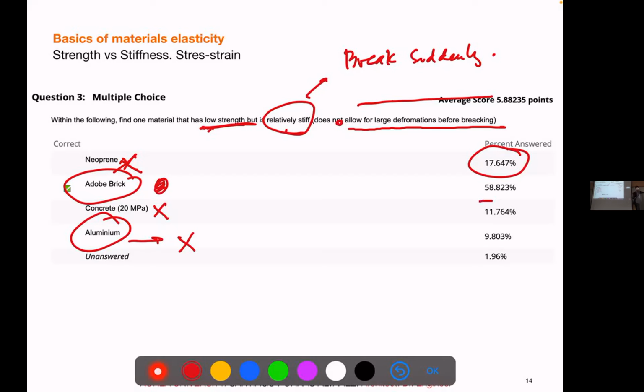I would encourage the rest of the class just to take the mystery out of it. So this is just the strength they have and how much they stretch, right? The ability to stretch of the materials. Neoprene, we said, can be as strong as concrete. So it will break at about the same tension, but by the time neoprene breaks, it has stretched or compressed a huge amount.